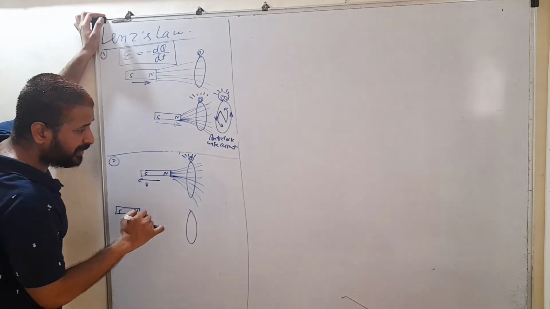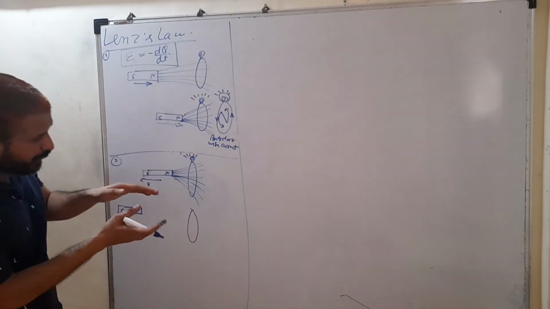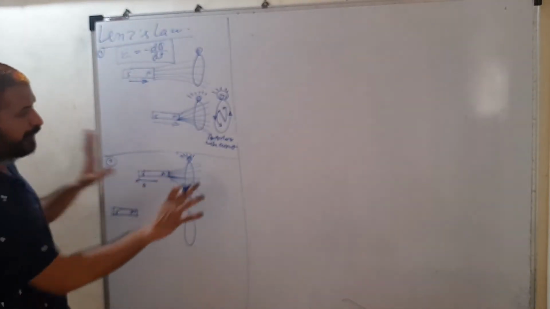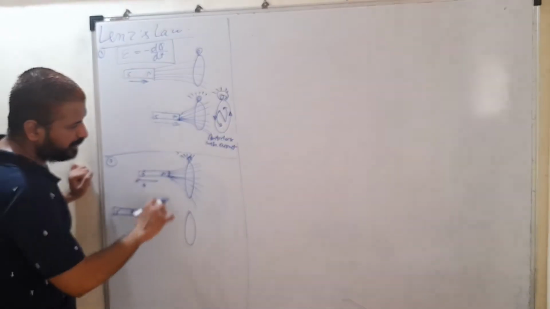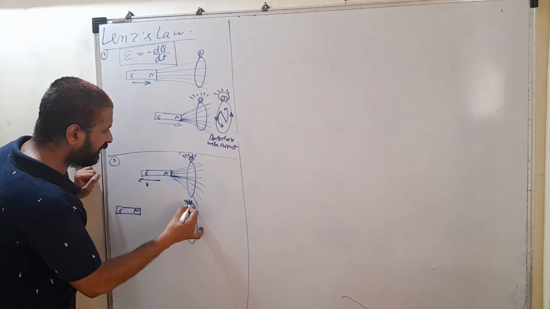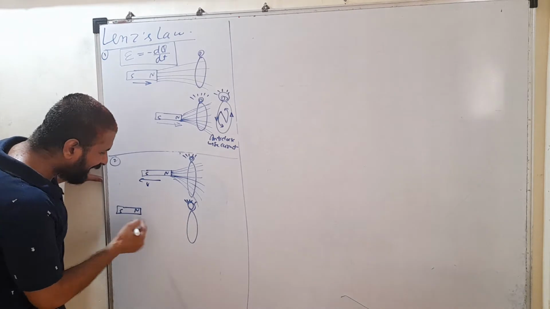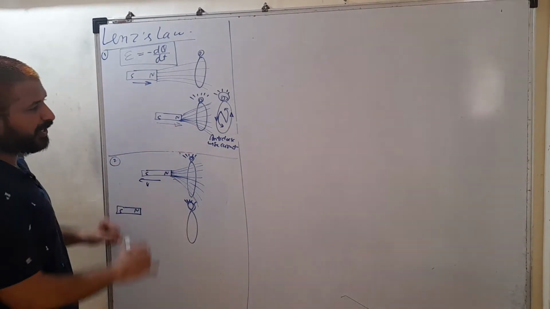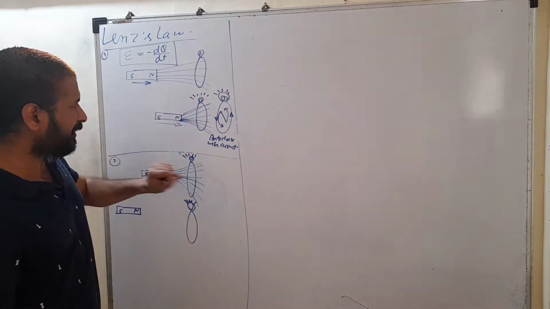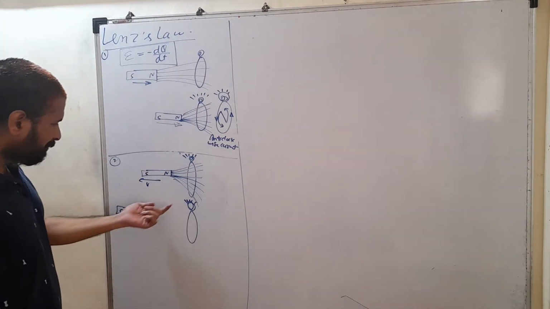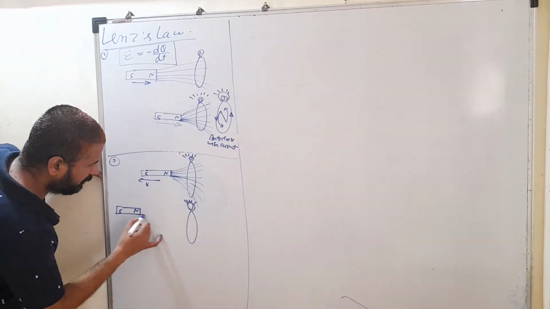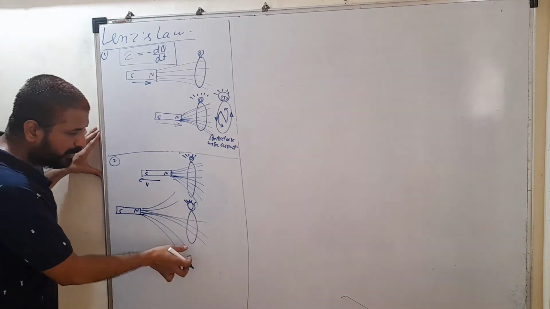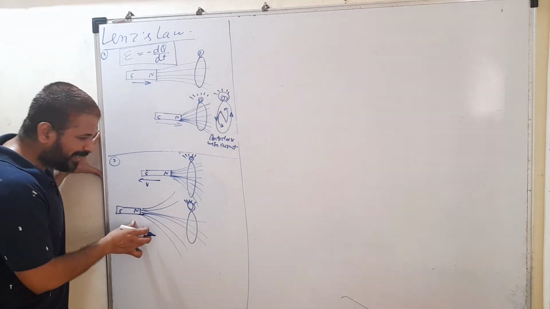When flux decreases, again EMF is induced, because we can induce EMF by increasing the flux or by decreasing the flux. In this case, this magnet is moving away, so flux decreases. When flux decreases, again EMF is induced. So this bulb is glowing because of that decrease in flux. Now it tries to attract this magnet, because it tries to oppose that decrease in flux. In the first case, it was opposing an increase in flux, that's why a north pole was developed. In the second case, this magnet is moving away from the loop, so the flux decreases. According to Lenz law, a pole is developed here which is going to attract this magnet.